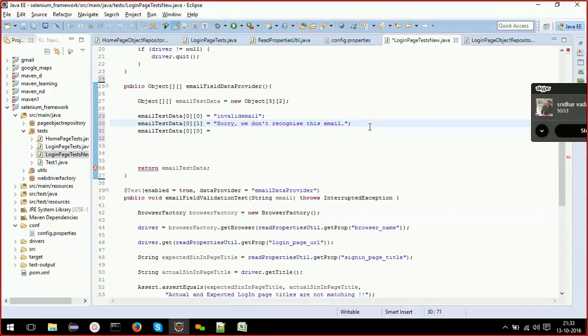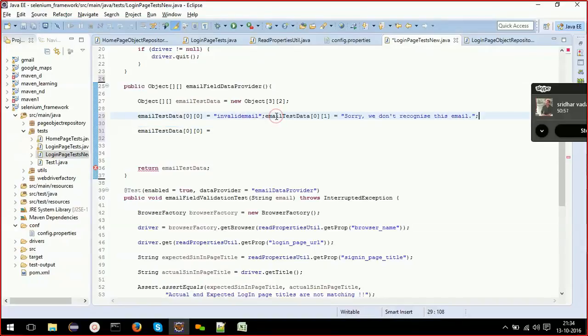Okay. What I'll do, I'll put it this way so that you can visualize it. I'll put these two in the same line. There is a semicolon, which means this is equal to a different line, but just to visualize the two-dimensional array, I'm putting it this way. So row number 0, column number 0, this will be the data. Row number 0, and that means in the same row, column number 1 will be this data.